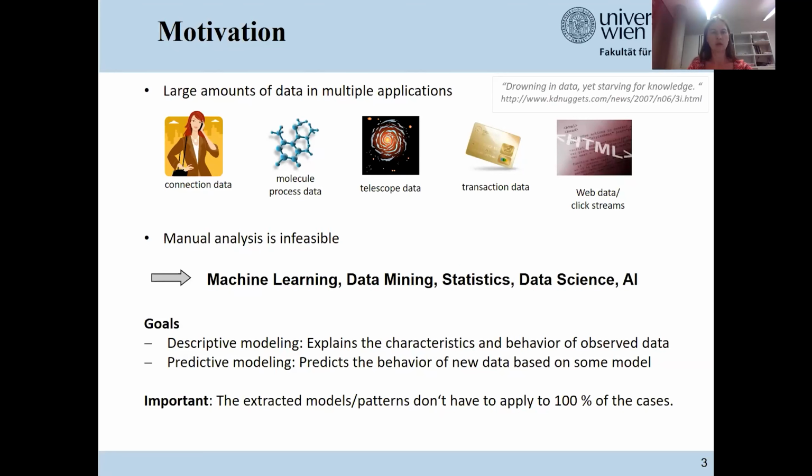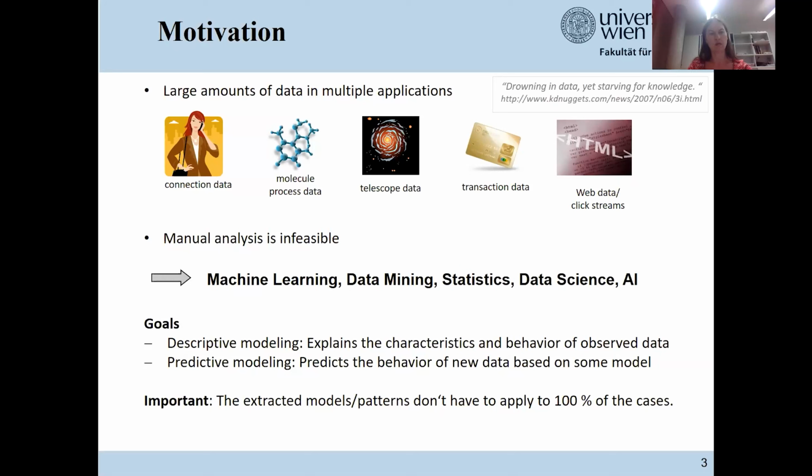That means you want to explain the characteristics in your data, and you basically want to understand or get an overview of massive data. And the second goal goes beyond that understanding, and it refers to predictive modeling. That means that you want to predict the behavior of new data based on some model which you have built on the data you have today. You want to make predictions for the future.